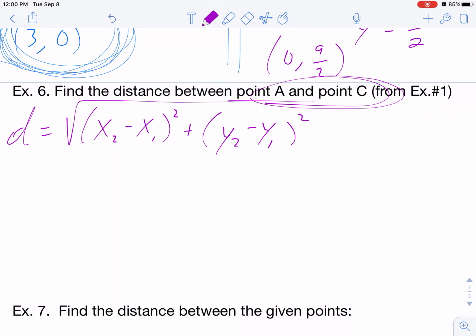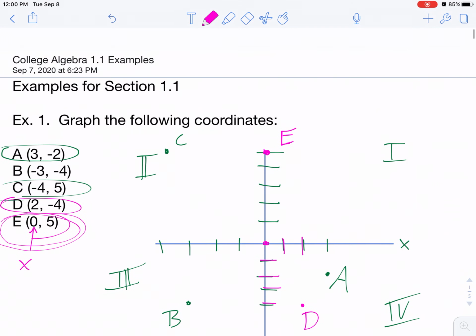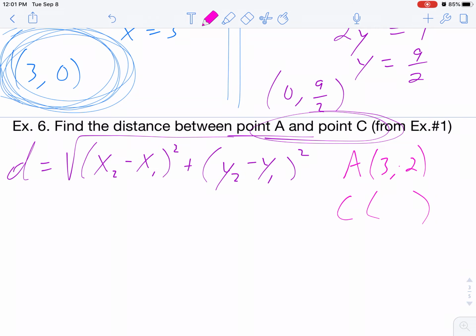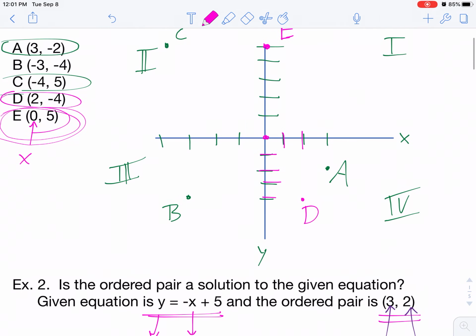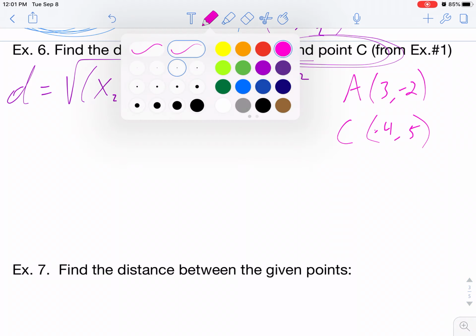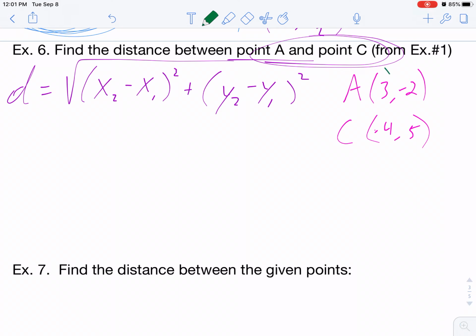Okay, so let's take A and C from our previous problem. Point A and point C. So point A from above and point C from above. Well, point A was (3, -2). Point C was (-4, 5). And we're just going to fill that in. Now, if you're new to this, it's okay to label. This is x1, y1, that's just our first point. x2, y2. So those little 2's are there just to say, hey, that's our second point, just sort of as